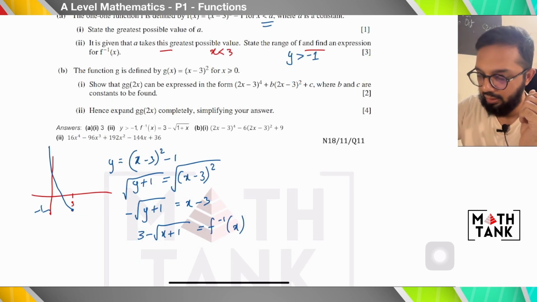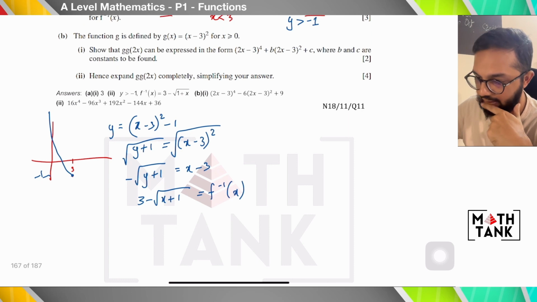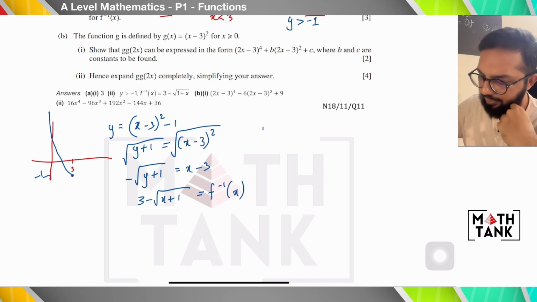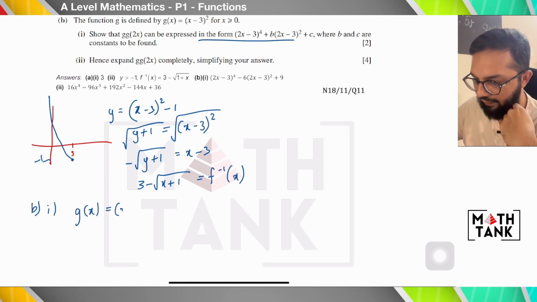Okay, then part B says the function g is defined by g of x equals x minus 3 whole squared for x greater than or equal to 0. Show that g of 2x can be expressed as this. So I'm going to first create gg of x and then go to gg of 2x. gg of x is basically